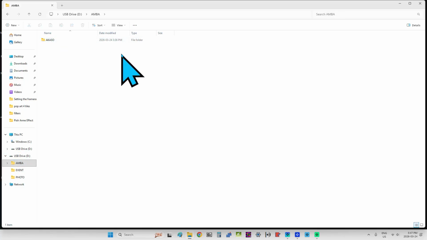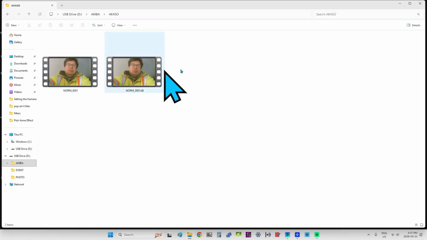Now that might be slightly different on your camera because of the firmware version, the soft version as Castle puts it, but nonetheless, I'm sure you'll find it on the drive. I ejected the card off camera and put it in the card reader and connected it to my PC. But anyway, that's the AMBA folder, and here's the Castle folder. I'm going to double click that. And perfect. Here are the two clips.